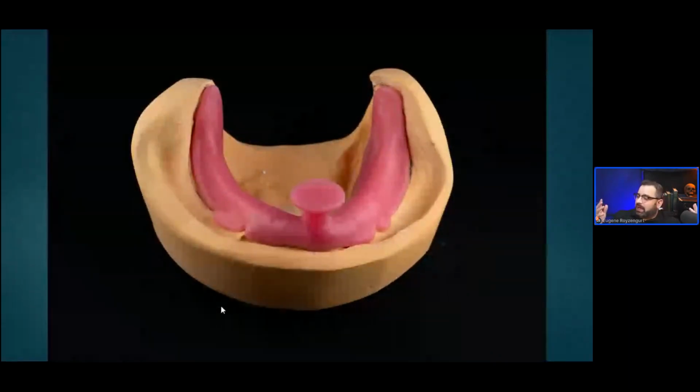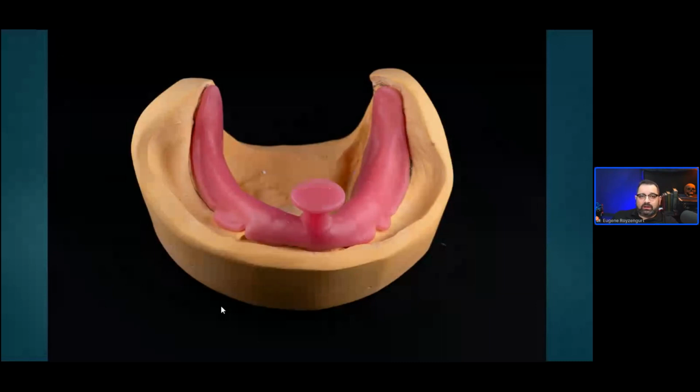Custom trays. Absolutely love doing custom trays digitally. I mean, ever since I started doing custom trays and base plates digitally, things have just been working a lot better for me. First of all, I get a much better adaptation of the tray to the model, because I don't have to worry about not blocking out enough or blocking out too much, especially if I'm doing, for example,